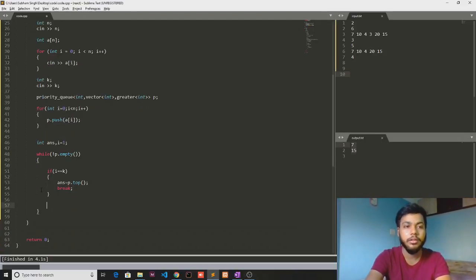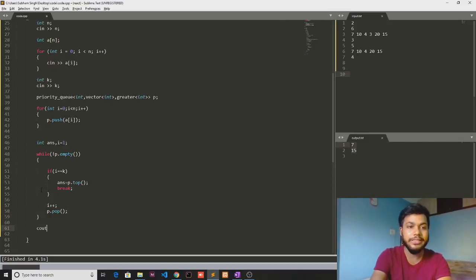Okay. And I'll just increment the iterator. Also, I'll keep popping out the top elements of the priority queue so that it will heapify again and the next smallest element will come at the top of it.